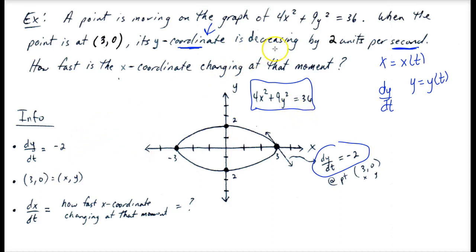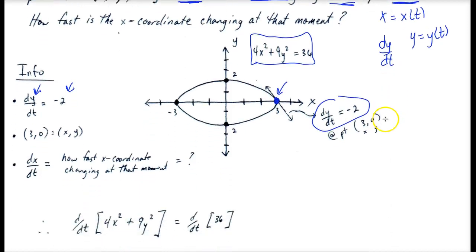Now, the info that we're given again, the y coordinate is decreasing by 2 units per second. So that means the rate of change of y with respect to t has to be negative. We also know that at this particular point, (3, 0), x is 3, y is 0. And dx/dt, which is how fast the x coordinate is changing at the moment when the point moves to this location of (3, 0), that's actually what we're trying to find. So now that we have all that collected,